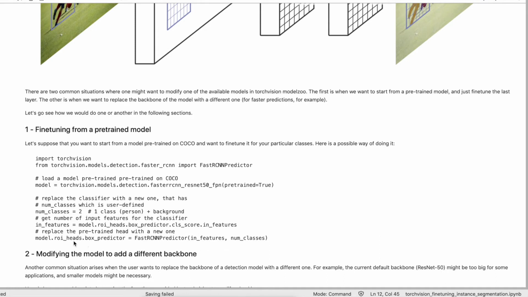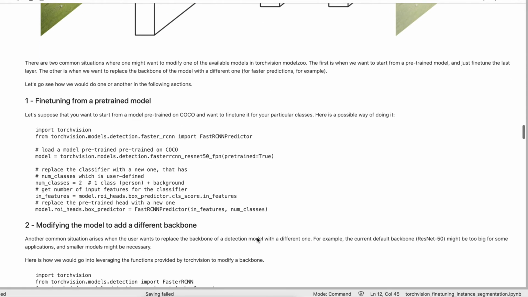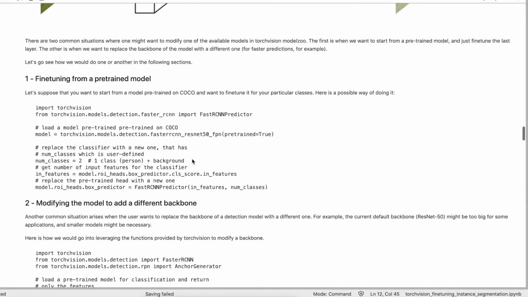The pre-trained head, the ROI head's bounding box predictor, is replaced by the FastRCNNPredictor, and we pass in_features and the number of classes. The in_features means the output of the pre-trained model weights, and we just change the final fully connected layer output to the number of classes. So this is called fine-tuning of the pre-trained network.